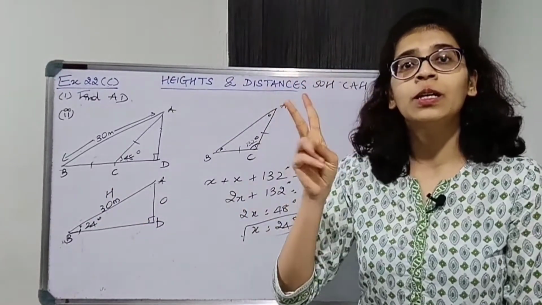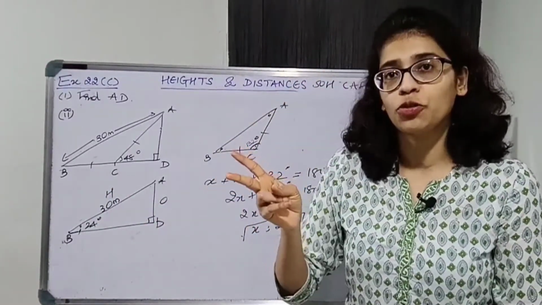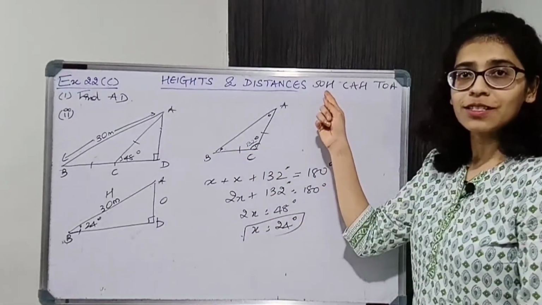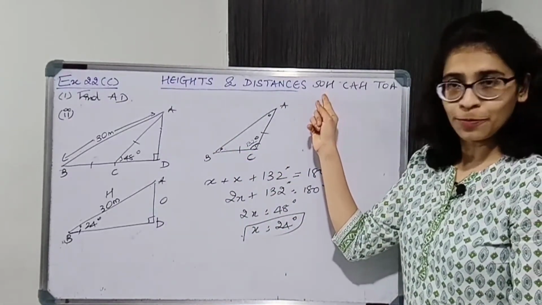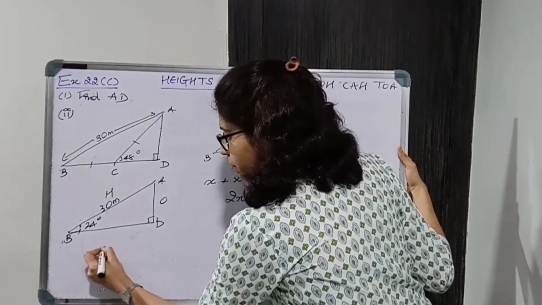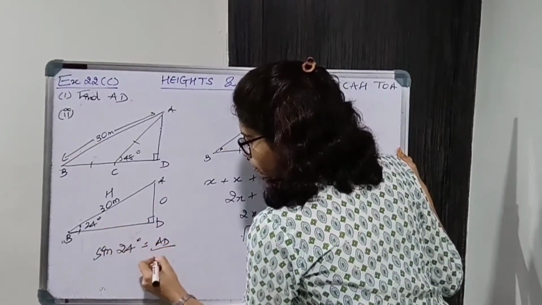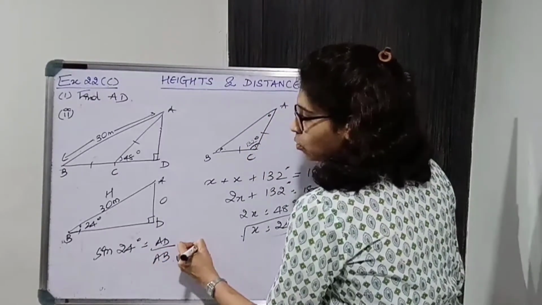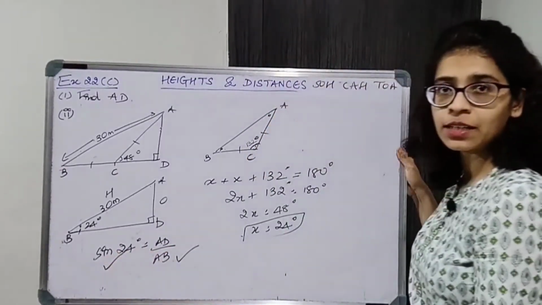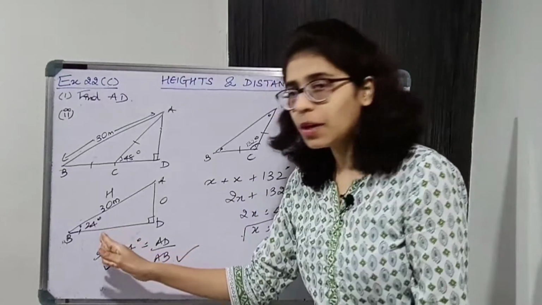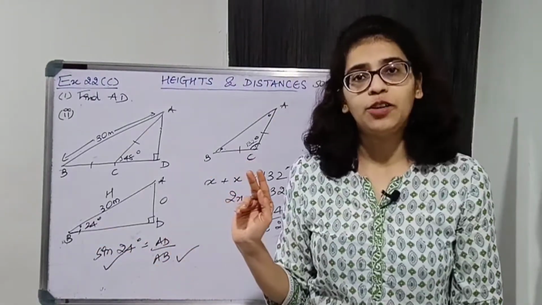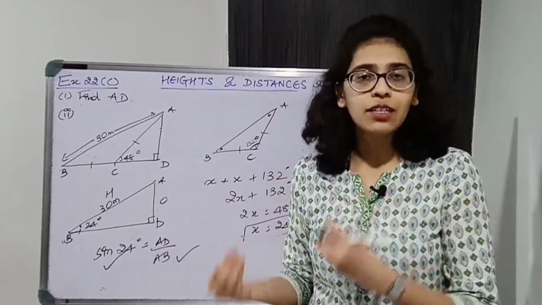Opposite and hypotenuse का relation you get from which trigonometric ratio? Opposite and hypotenuse come in sine. Okay, so you will take sine of the angle, that is equal to opposite upon hypotenuse. This we know. This you will get from natural sine का table. Once you get, just multiply and you will get AD का value. Okay, so now let us start solving.